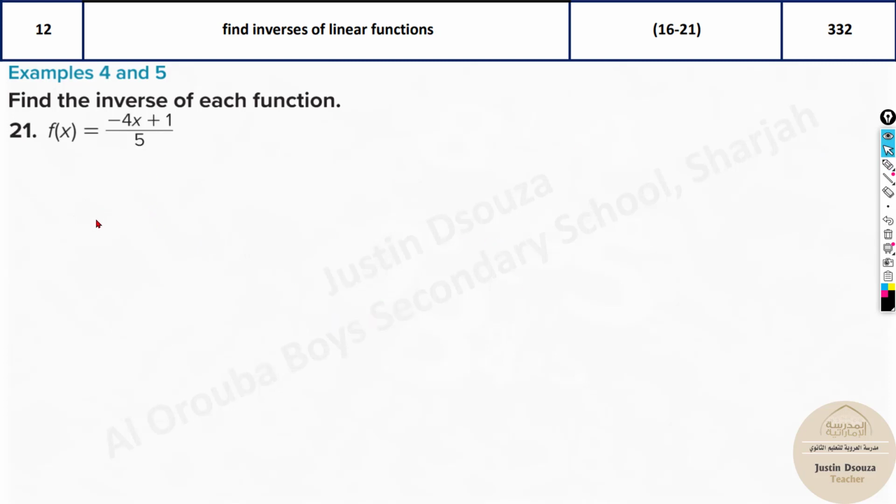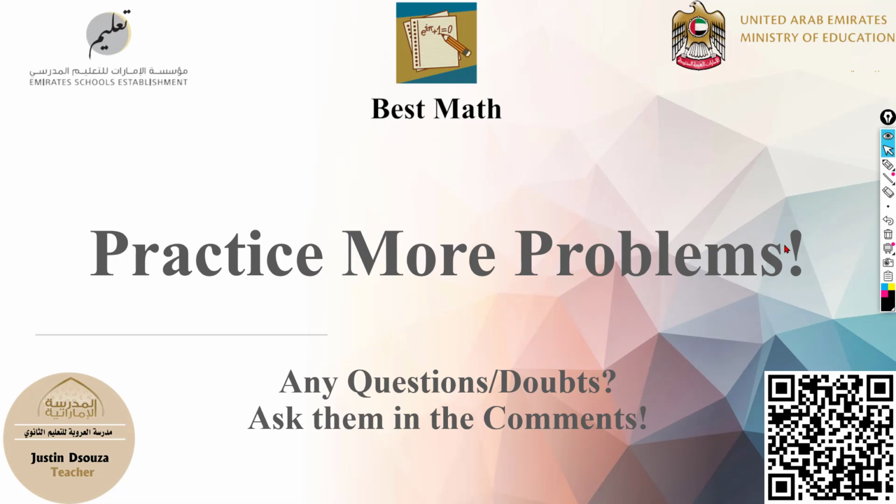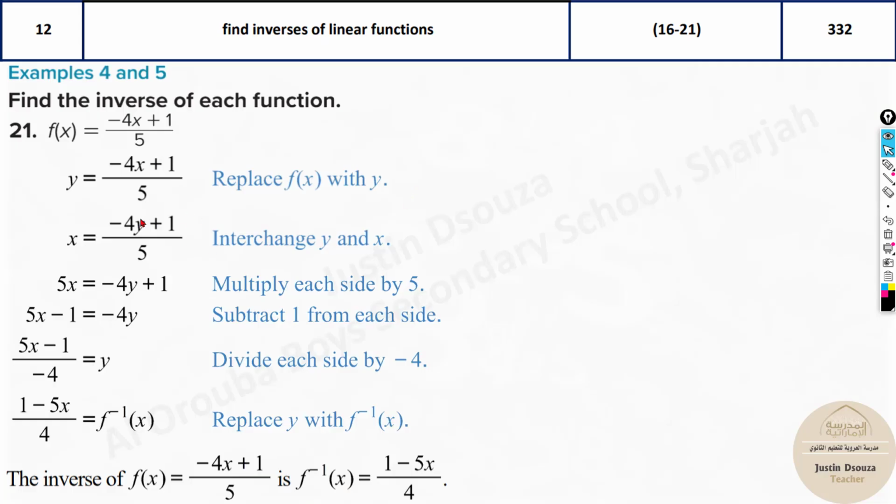Here also, please follow this method. Write it in terms of y equals this equation, then change x and y, and then simplify further and solve it up. Those are the answers. And that's the end of this topic. Please try practicing more problems. For this topic, you should just practice more problems, and then it becomes easier. If you have not practiced, then it will be very difficult, because there are many mistakes in many steps. When you go over here, you might get confused. So write and solve these, then it will be ingrained in your mind